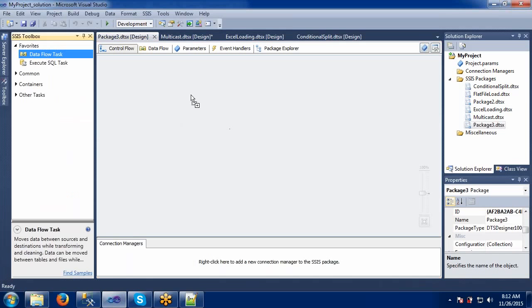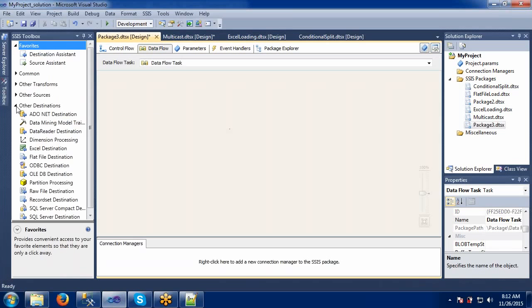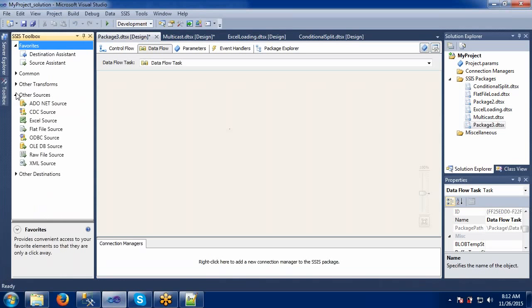I will take a data flow task. First the source, right?